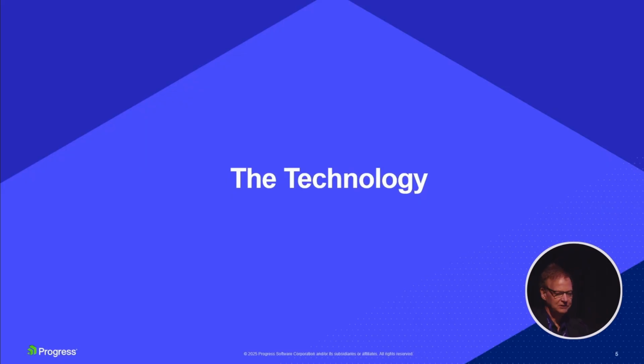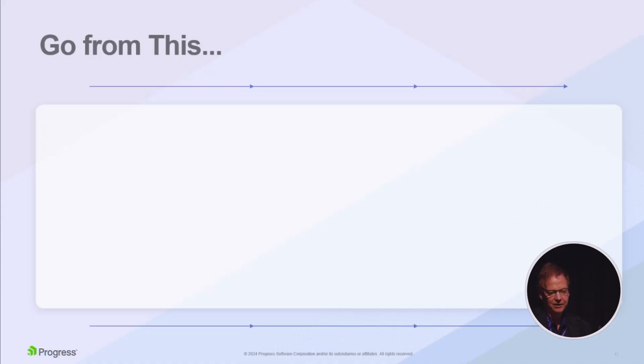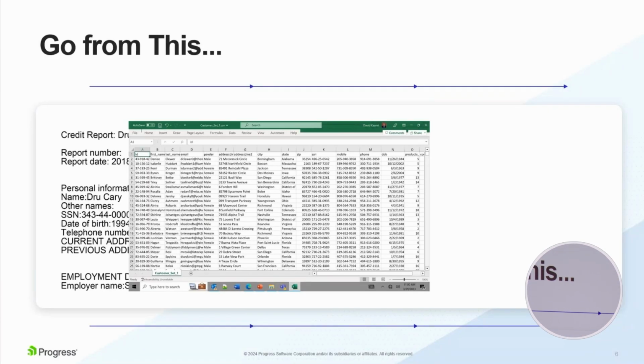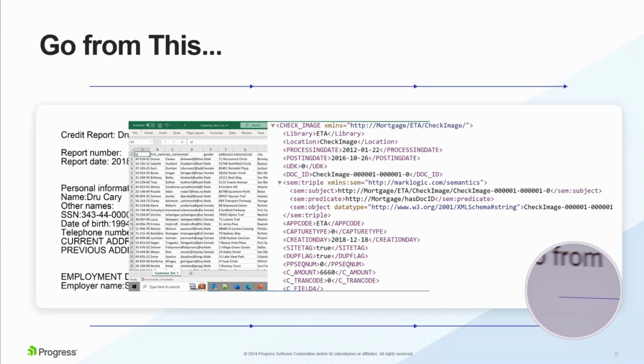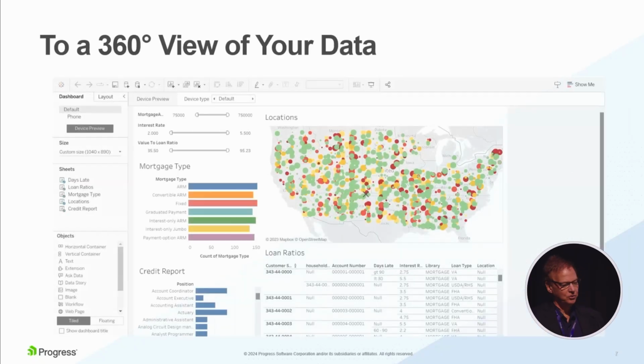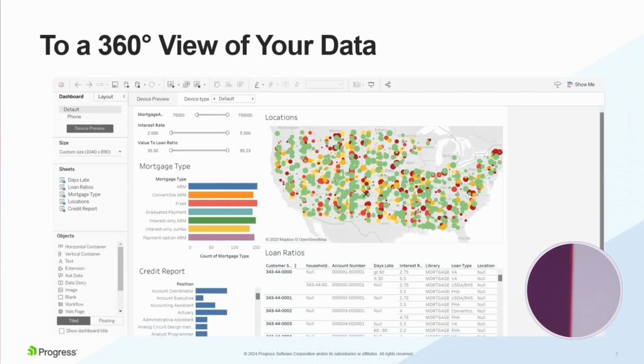So let's talk about some of the technology that we have, which a lot of our users don't really know about. As I was discussing, the use case that we shine the most at: you have PDF files, your Excel, your relational data, your documents, and for some reason this slide is missing the triples data, but you take all of those things and you dump them into one place, and then you get this integrated view. This doesn't look like much, but our competitors don't work this way.